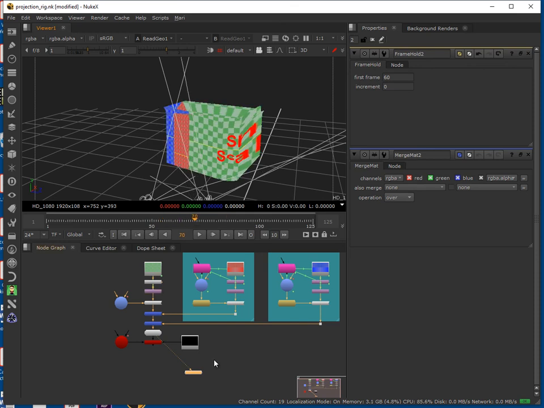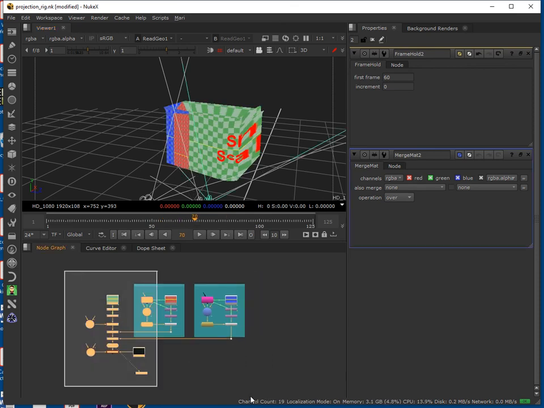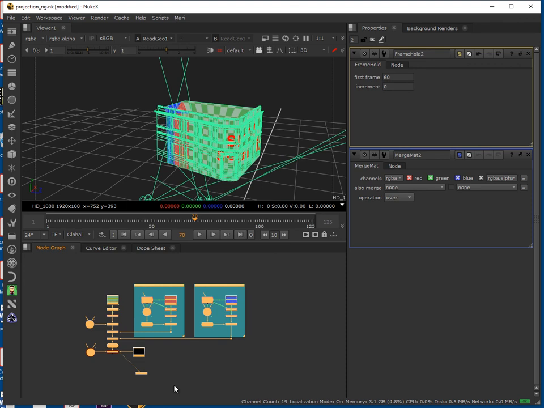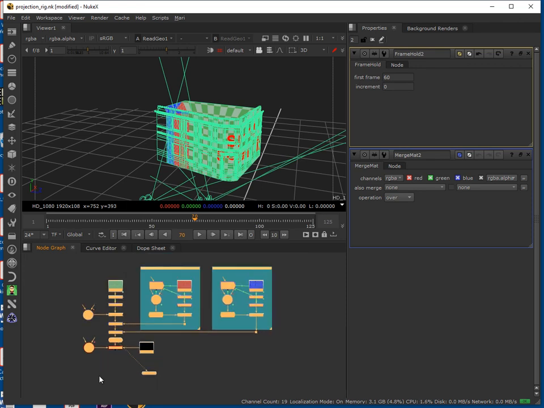Once the rig is built, it can be used for any kind of projection configuration. So in this particular case, I'm going to be configuring a system for the geometry for the assignment, or should I say, my own project, which is going to be more than just this one building. It's going to be an entire set of geometry that makes up this scene, and this is going to be the primary rig